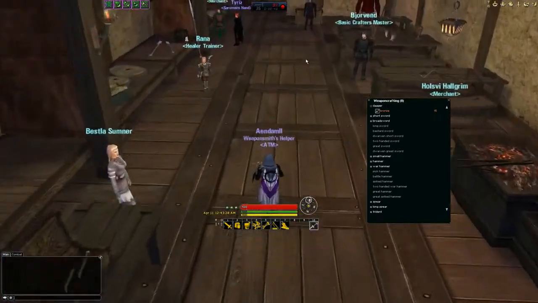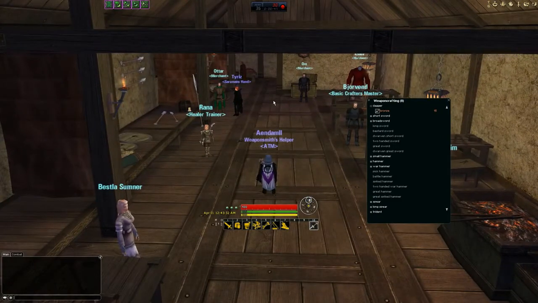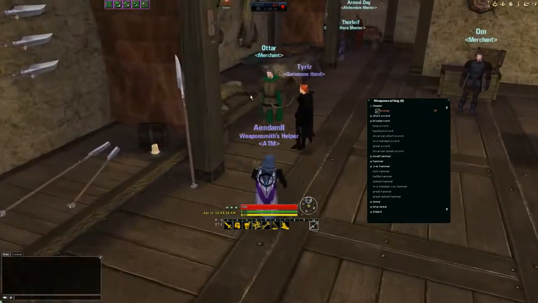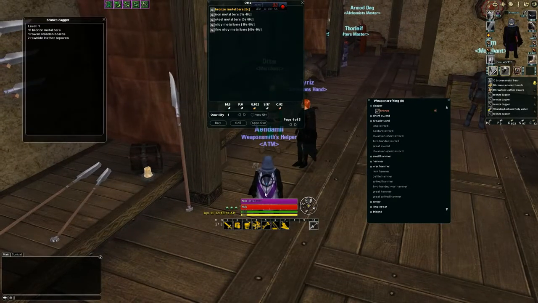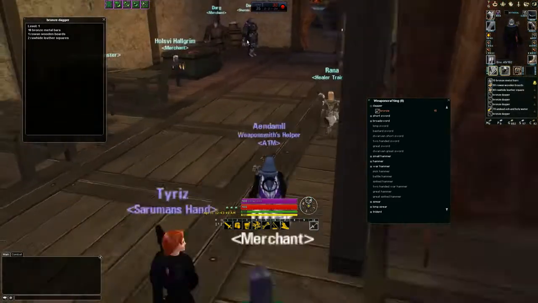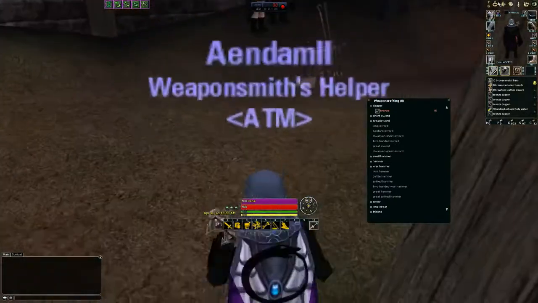There's multiple in every single major city: Camelot, Tirnog, and Jordheim. So here is the low level crafter, and you would just buy the materials needed. Again, it would take 10 bronze metal bars. Then we go over here, it would take wood boards, and then it would take rawhide leather squares. You grab what you need, and then you come over here,